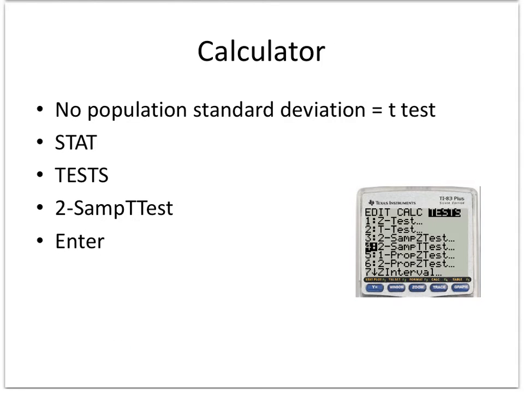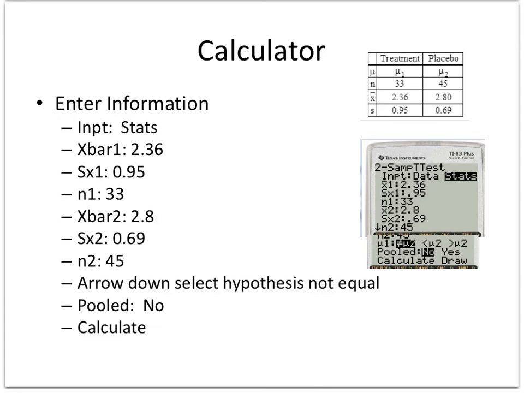Don't want to do this by hand, so we want to use a t-test again because no population standard deviation and they're not considered equal. Go to Stats, Test, 2-Sample t-test, press Enter, and then take your table here and copy all your data into it. So my x-bar, my standard deviation, and that's the sample standard deviation, and my sample size, and I